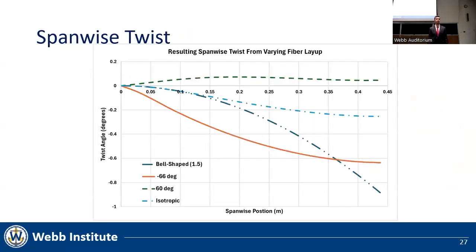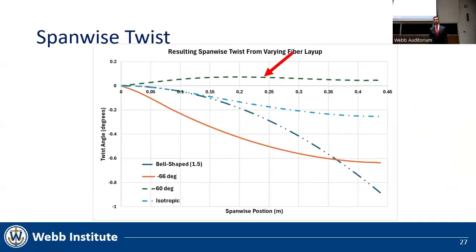A comparison of the span-wise twist of the foils can be seen in this graph. The twist distribution of the foil producing a bell-shaped lift distribution can be seen here. The foil requires nonlinear twist with a progressively increasing rate of twist. The foil with a 66-degree layup experienced the highest rate of twist near the root, which progressively leveled off near